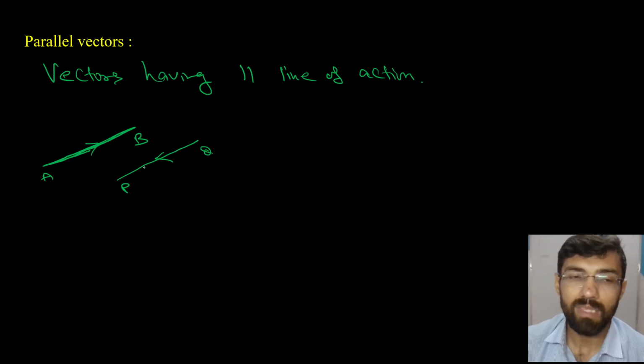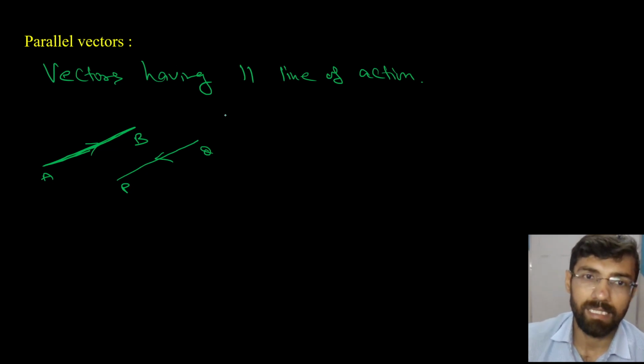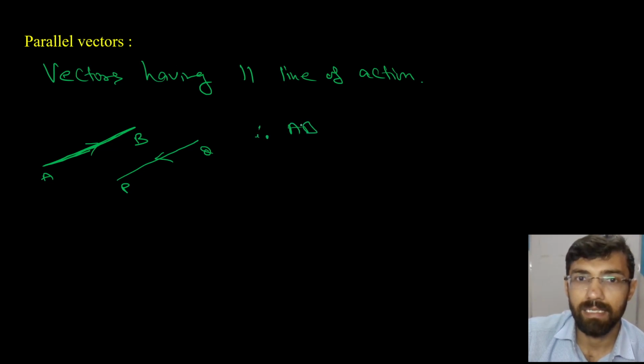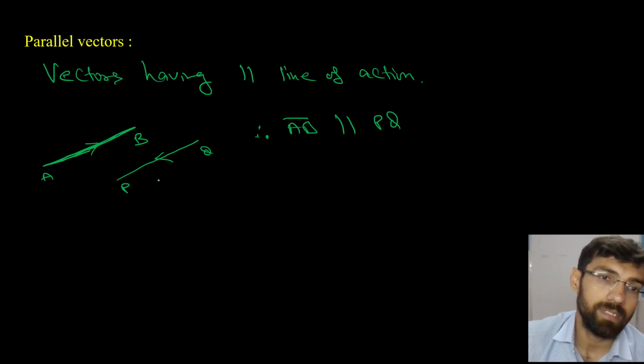Both vectors have parallel line of action. Therefore, what can we write? Definitely we can write AB vector is parallel to PQ vector. Let us try again. This is my PQ vector. If I say this as something, let us say this is